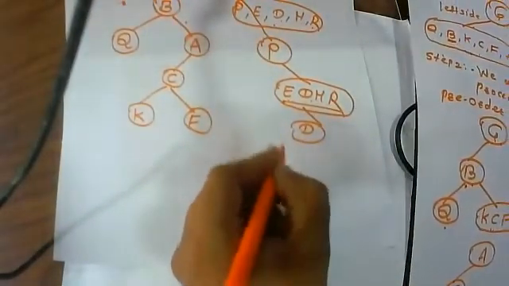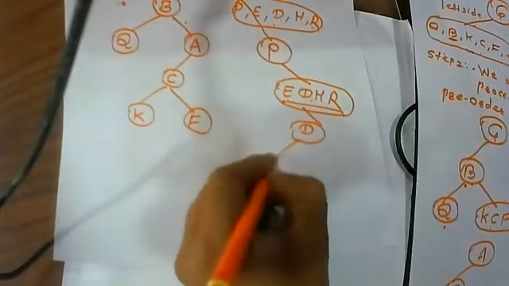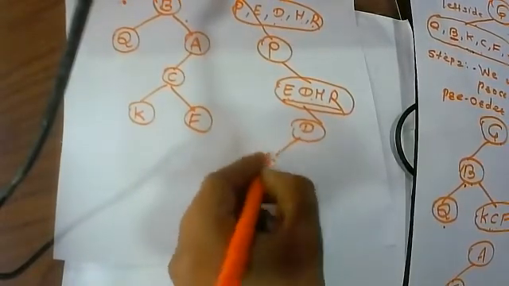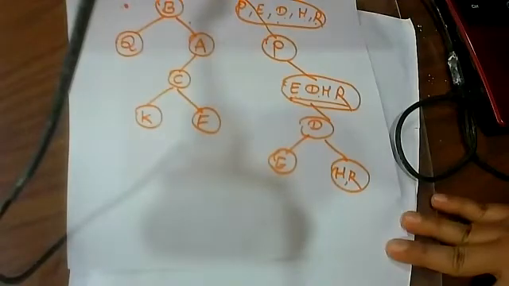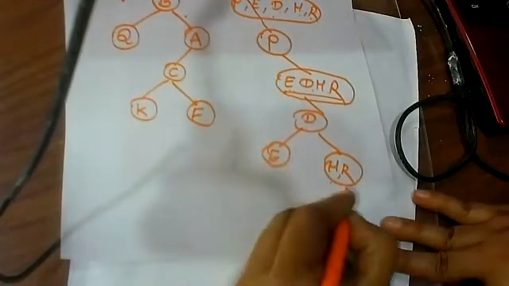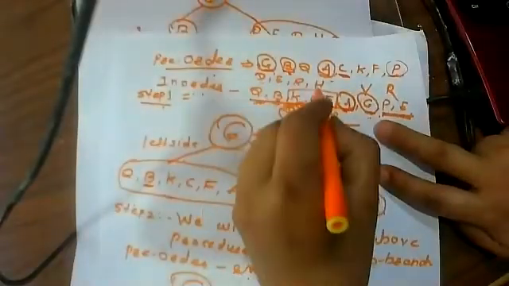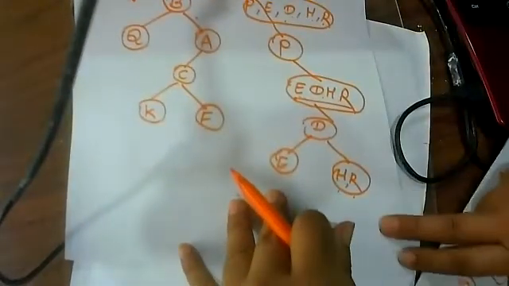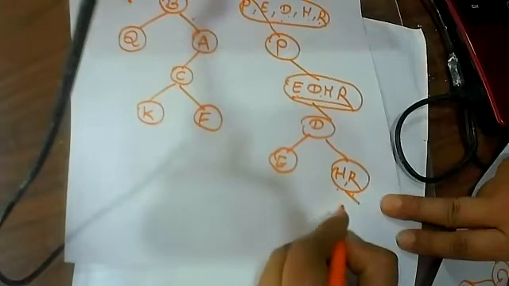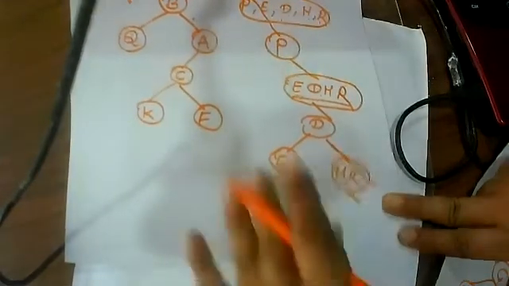So D is here. Then after that, who is the left child of D? That is E. And again, HR is the right child of that. So I hope everyone is clear now. Now you can identify H and R here. Okay, so again, we have to check the position of H in in-order. So it is HR. In HR, who comes first? R. Means who is the root node here? Who is the root node? Yes, tell me. R.